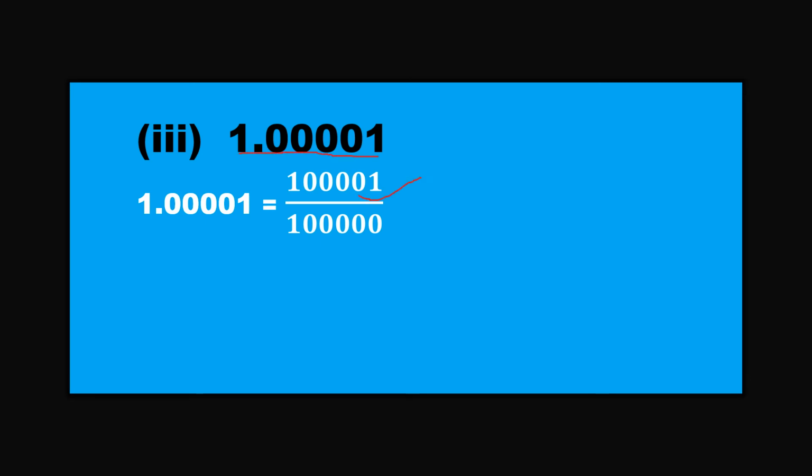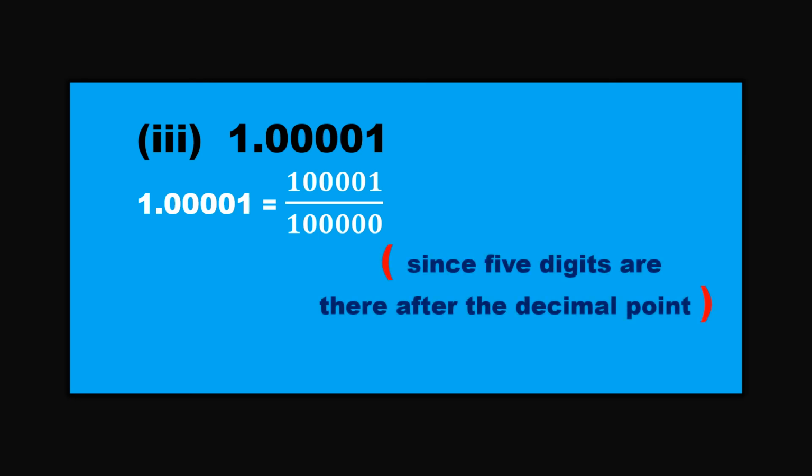100,001. I have taken the entire number removing the decimal point, and here in the denominator you should divide it with 5 zeros because after the decimal we have 5 digits, and here you should put 1. If you put 1 before these 5 zeros, it will become 1 lakh. Okay, so it is not further divisible because it is the simplest form. So I can give the reason that since there are 5 digits after the decimal point, it is to be divided with 5 zeros, which is 1 lakh. Clear? So let us go to the next problem.